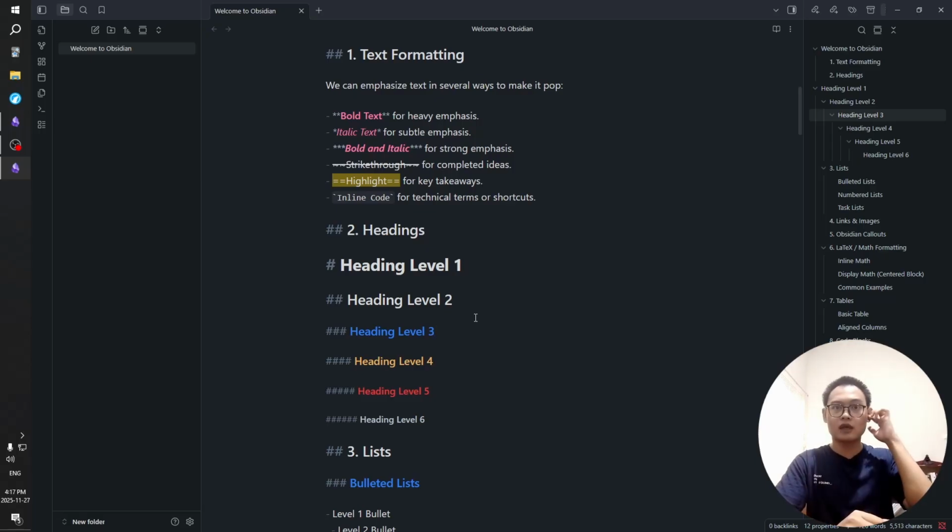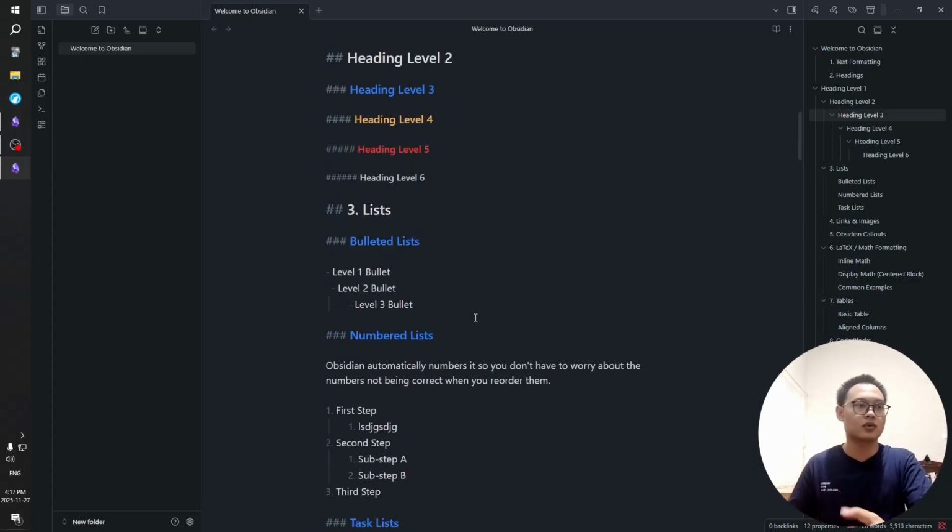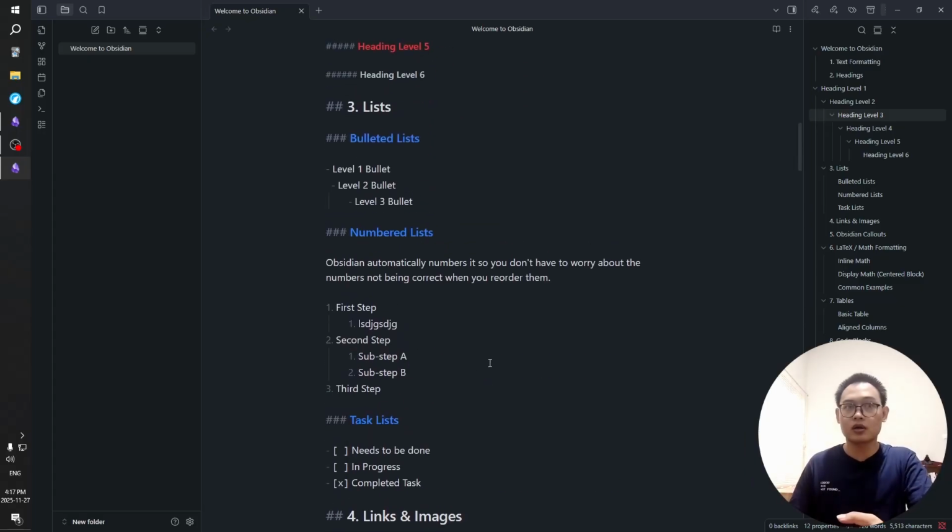This is just like if you use Google Docs or Microsoft Word, you can definitely use this to make your documents much prettier. And then the next one is lists. There are 3 different lists that Obsidian has. The first one is a bulleted list, and it's just the minus sign, and then you can indent these lists